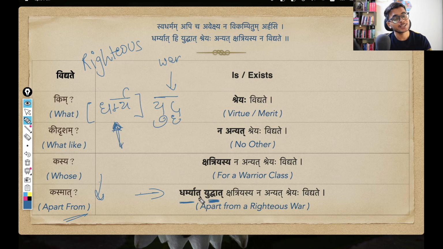So Krishna is not saying that for all the warrior class, for all the Kshatriya people, fighting war is their only dharma. No, Krishna is specifically saying that dharmya yuddha, fighting the righteous war, is the real dharma of a Kshatriya. Fighting the righteous war, and righteous is the keyword. And this is where a lot of people misunderstand the Bhagavad Gita, because they have this very delusional idea that Krishna is war mongering, that he is propagating the idea of war. But they see yuddha, and they miss this important word dharmya. Krishna is saying that for a warrior class, fighting in a righteous war is their param dharma.